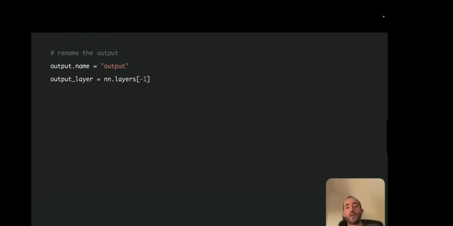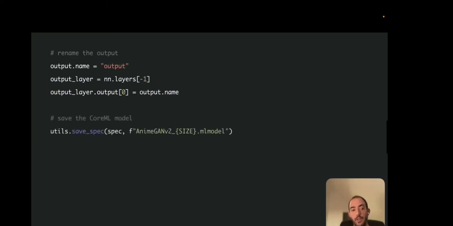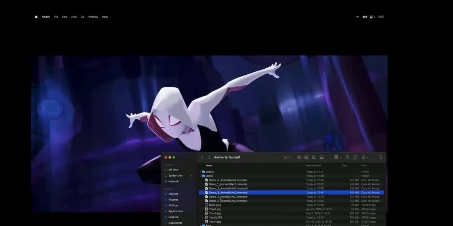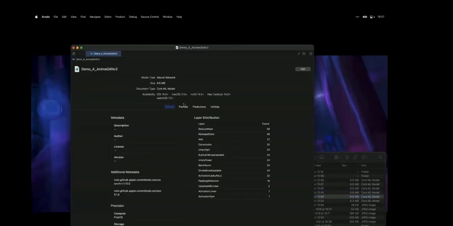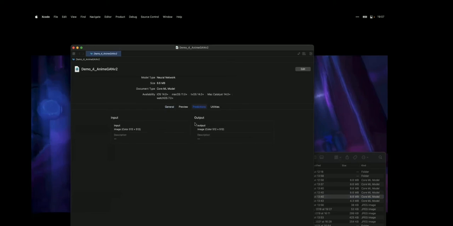We grab the very last layer from the neural network using the -1 trick, the one we essentially just created. We set that layer's output name to be the same name that we just created. And we save it. That's it. So now, when we take a look at our model, we have a very nice output name for our